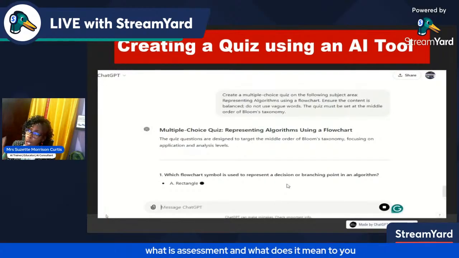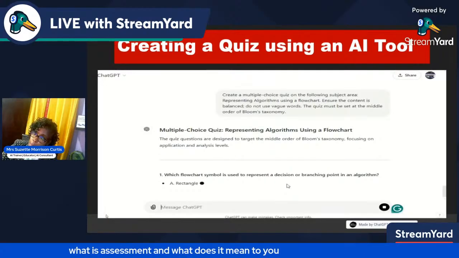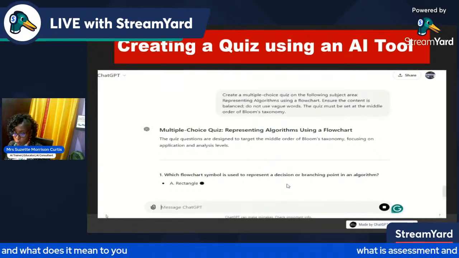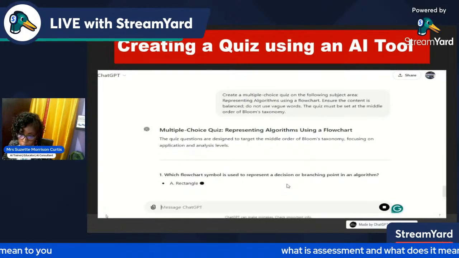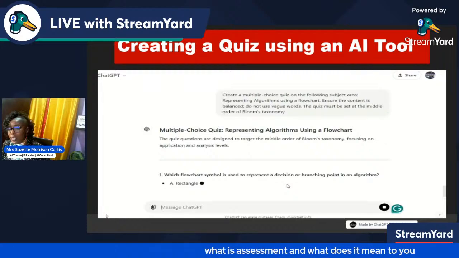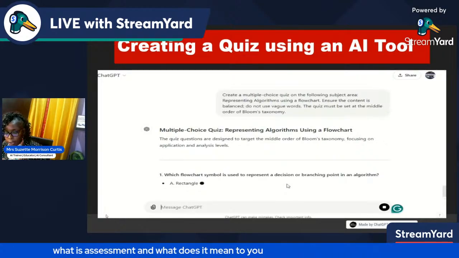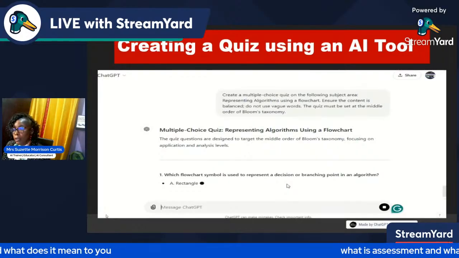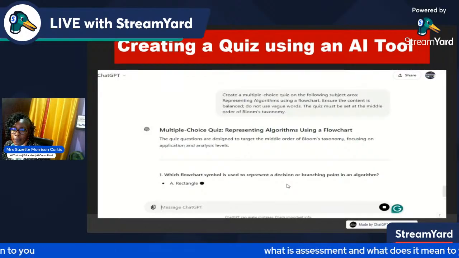And look at what you tell it to do at the middle order of Bloom's. So it's not going to be providing the where to define what is anymore. It's now going to be doing things a little bit differently, so they're going to have to be thinking when they're answering the question. So let's see how it created it.